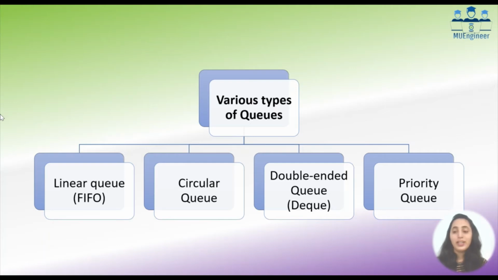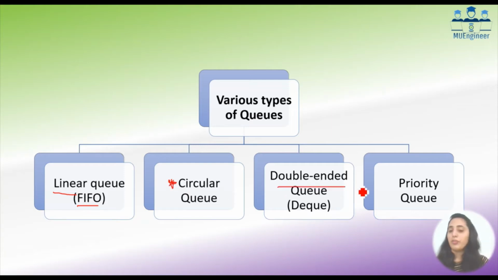Okay. Now after seeing the different implementations of queue using array and linked list कैसे करते हैं, उसके बाद हम लोग देखेंगे what are the different types of queue. So these are the 4 main types of queue. The first one is the normal queue, which we call a linear queue. जो normal FIFO structure में है, अभी तक जो हम लोग ने सीखा उसी को हम लोग linear queue बोलते हैं. Then there is another variation of linear queue and that is called the circular queue.